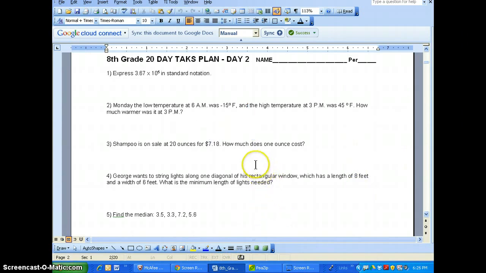Number 3, shampoo is on sale at 20 ounces for $7.18. How much does 1 ounce cost? Hope you guys remember how to do this. How much does 1 ounce cost? It's